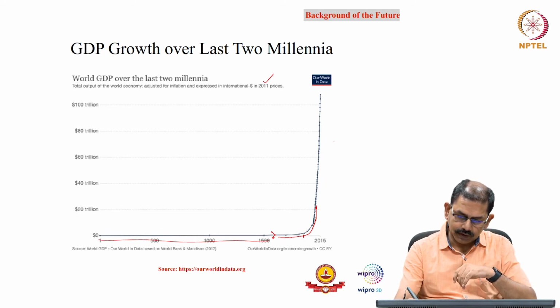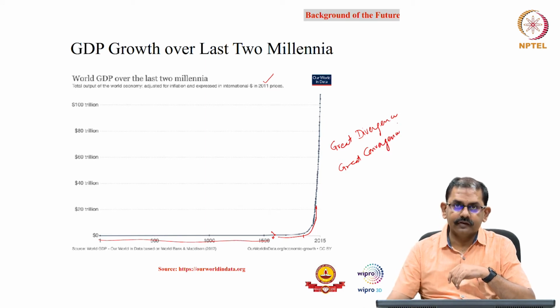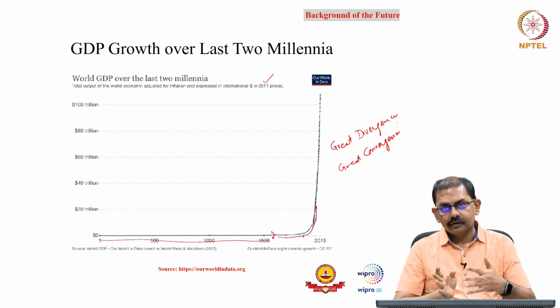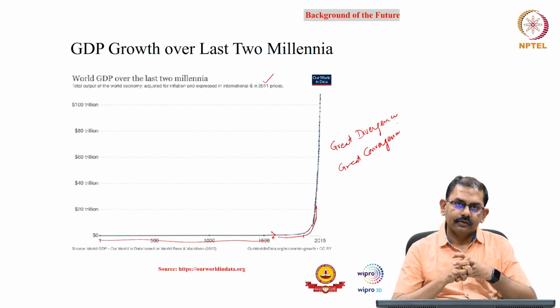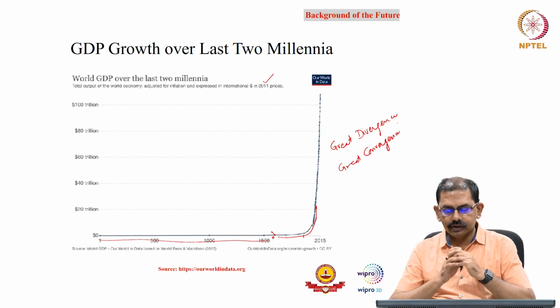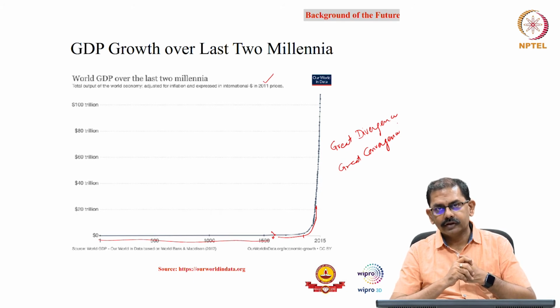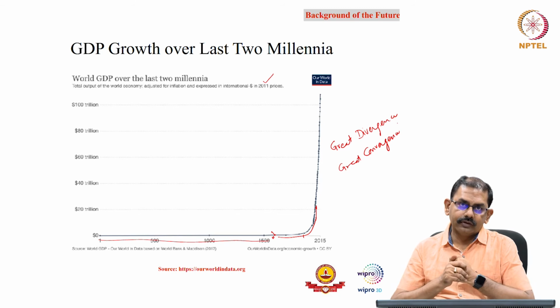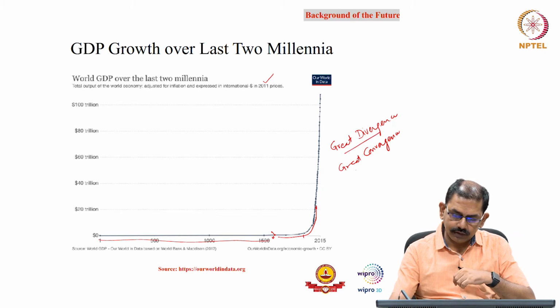I am just adding something from my side from economics, right? So these we call the great divergence and great convergence, right. So when I say great divergence, it means that the impact of industrial revolution was not constant across the globe, right. So some countries in fact have advanced significantly compared to the other countries, right. So if you talk about some of the European countries like UK, France, right, Americas like US, so these countries in fact have significantly gained because of the impact of industrial revolution, and so we actually see great divergence, but